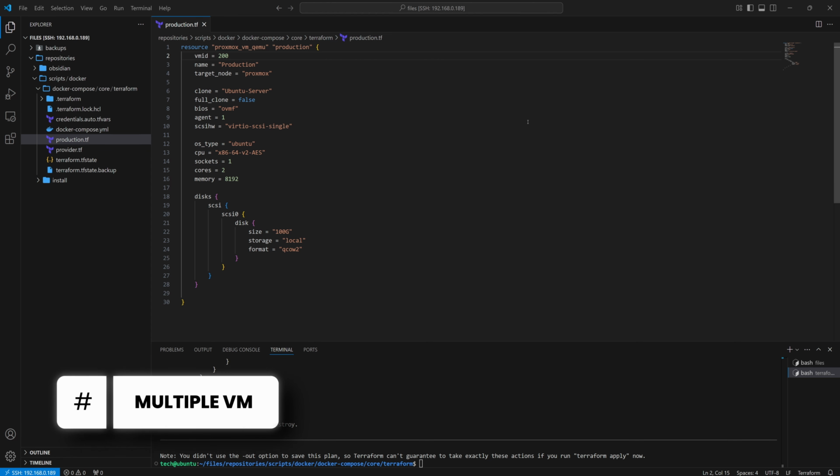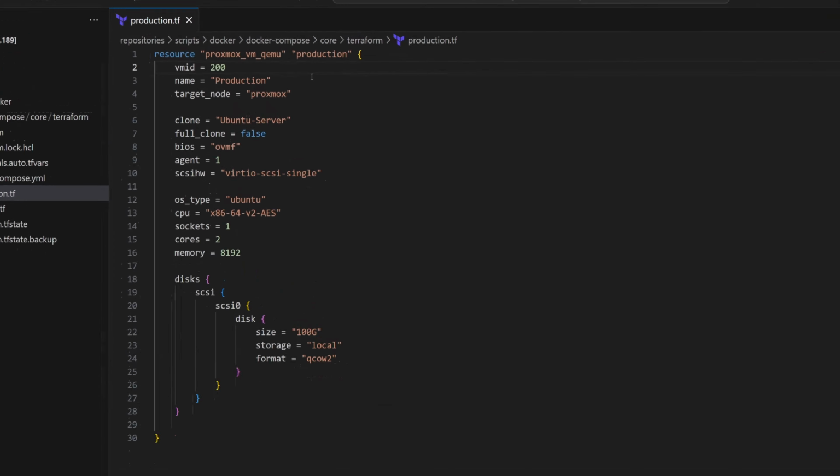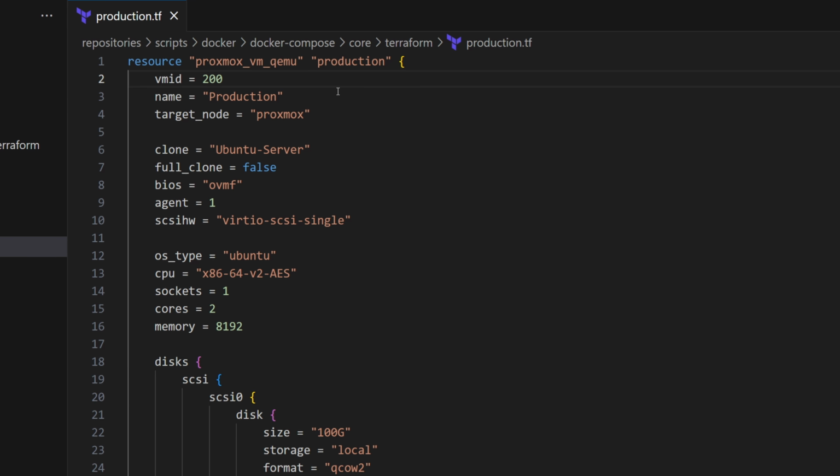Next, we will update this configuration file so that we can manage multiple VMs easily. First, I will rename the resource name to QEMU-VM. Since I'm going to manage multiple VMs, I will use a for each loop to generate multiple virtual machines from